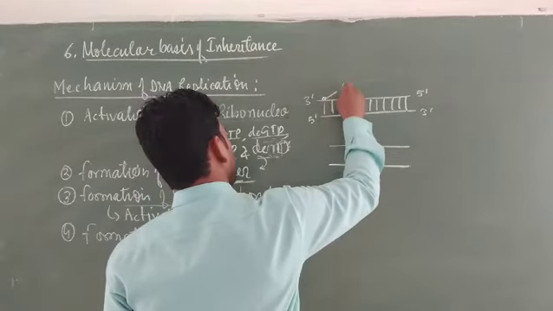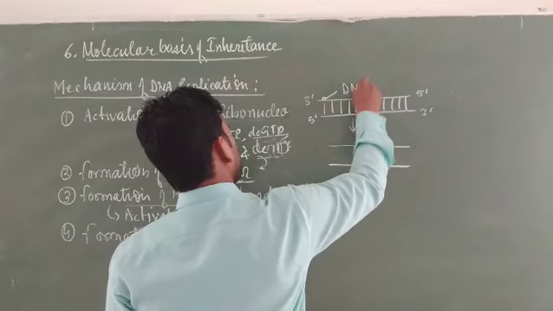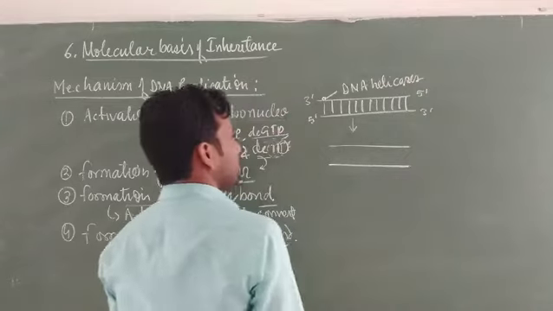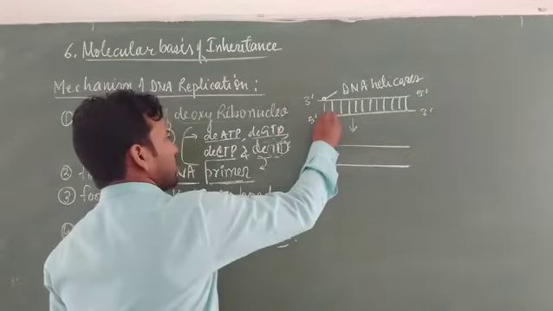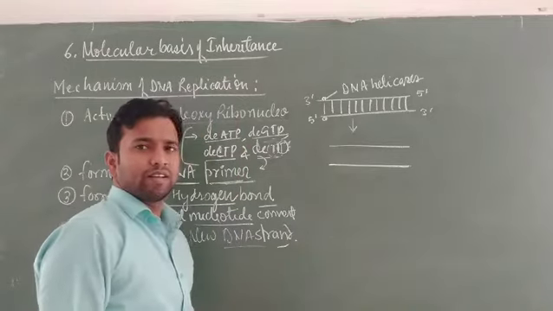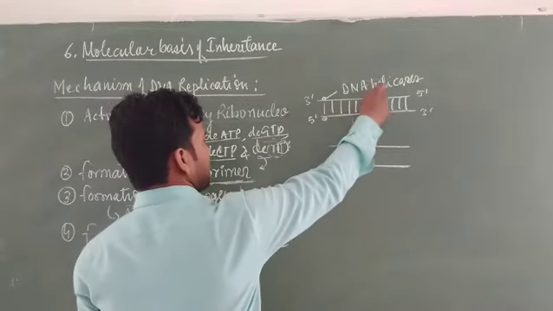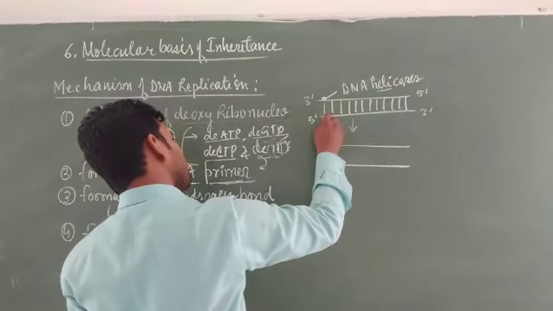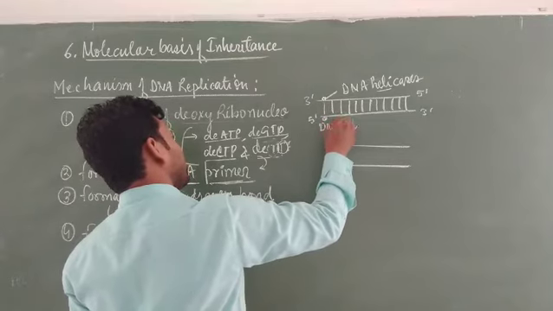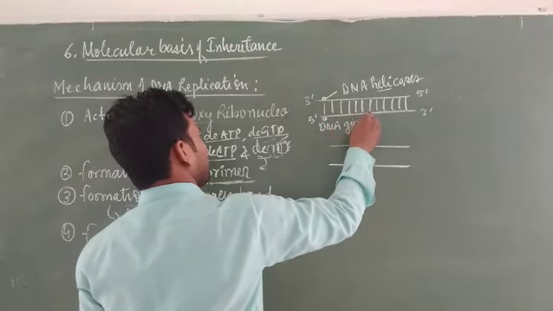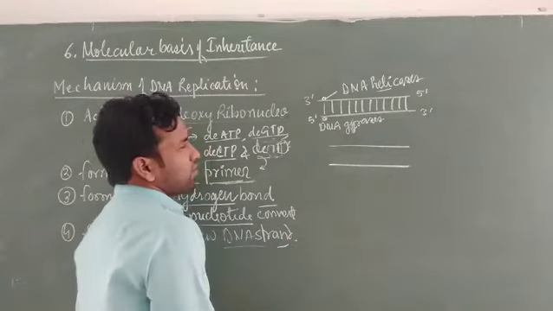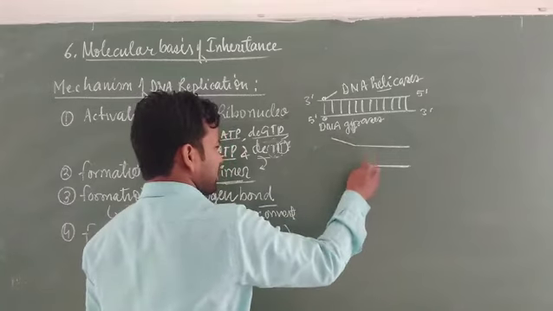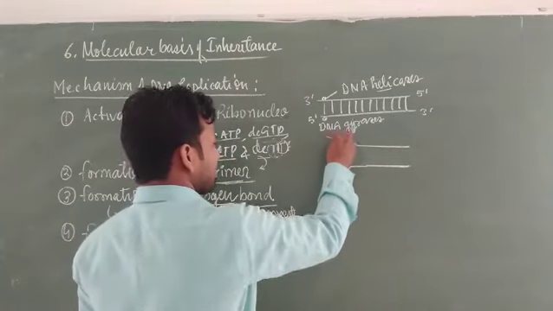Which enzyme? DNA helicase. This group of enzymes, helicases, especially helps in uncoiling. Another group of enzyme is called DNA gyrase, which is generally present in prokaryotes, while helicases are present in eukaryotic DNA. Suppose this is a DNA gyrase, it maintains uncoiling. Now these two enzymes help in the creation of the replication fork. Second step, it helps in creating a replication fork.